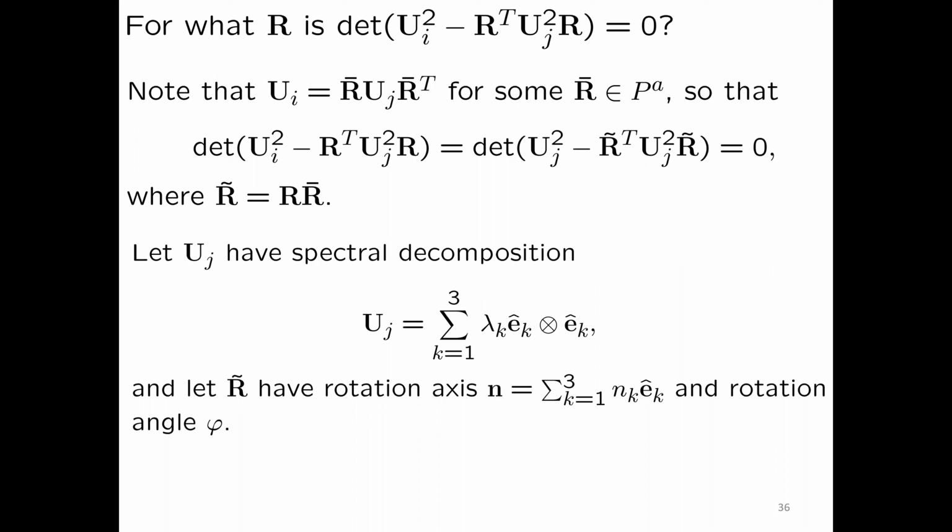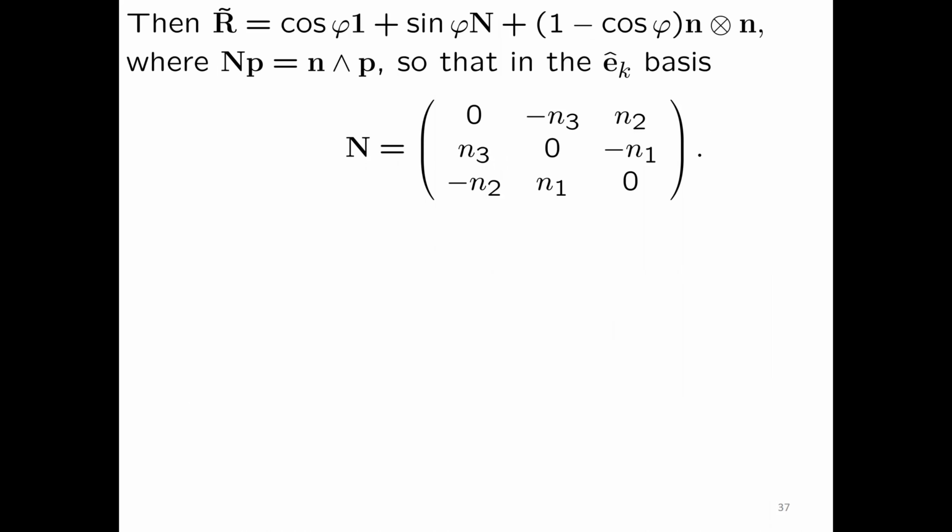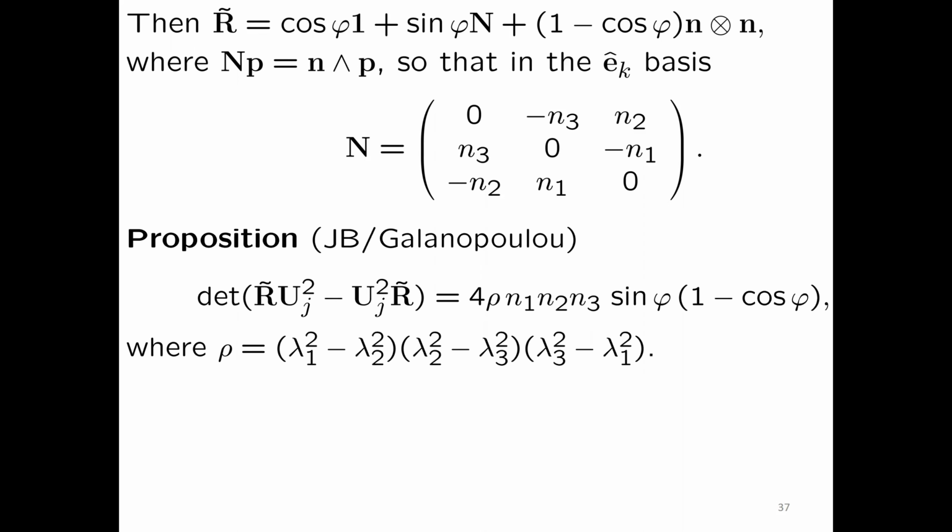So in 3 dimensions, anything in SO(3) is a rotation of a certain angle around an axis. So you can represent it in the axis angle form, and actually that's what it is. It's cos phi times the identity plus sine phi capital N, where N is this matrix, N P is N cross P, plus 1 minus cos phi times N tensor N. So that's it. And so you work it out. You shove it into the determinant, and you find